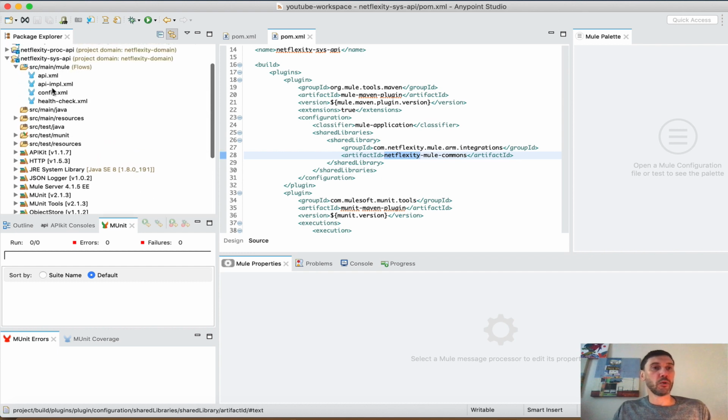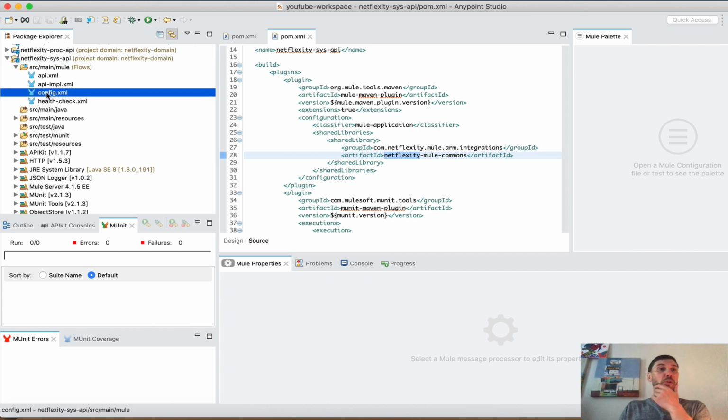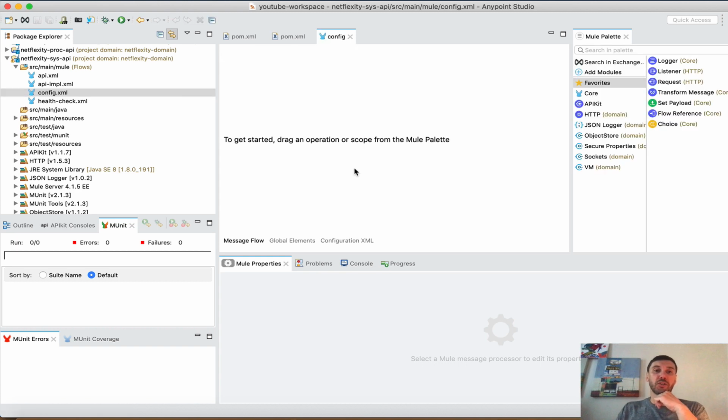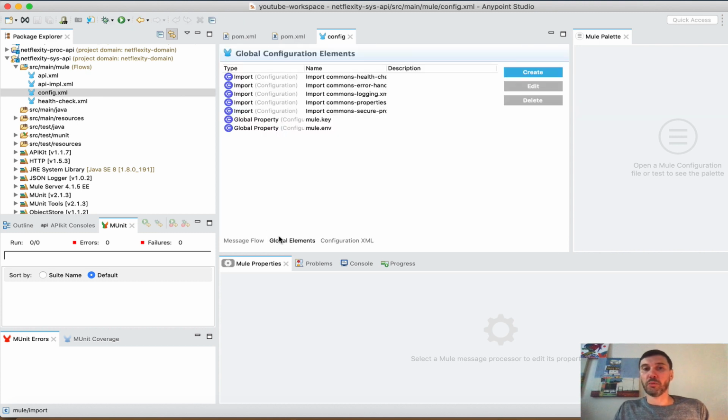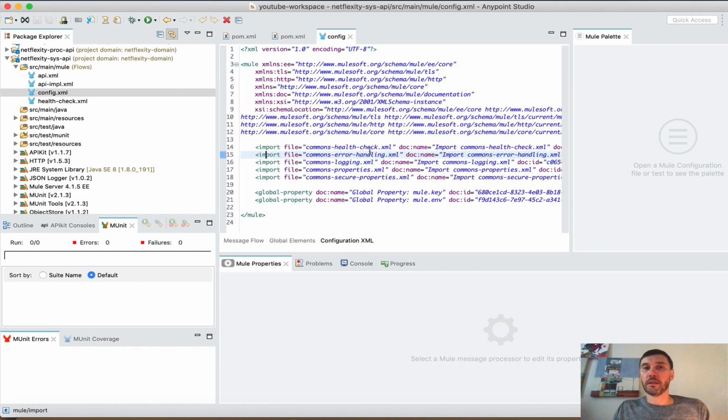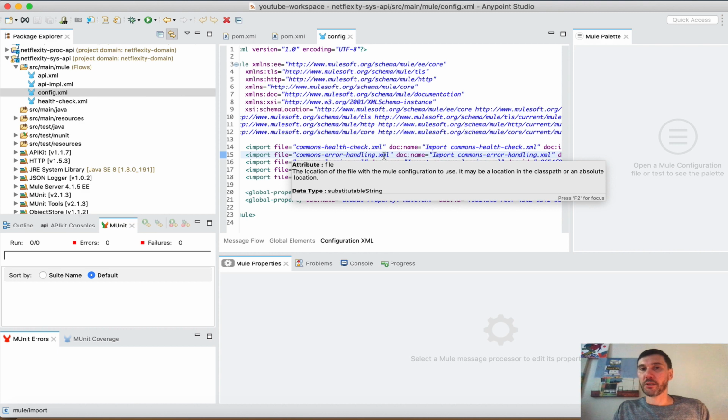And now let's go into config XML, which many people call global XML. This is your configuration setup for the project. I like to keep all of my imports, HTTP configurations, all the connector configurations, everything. So here, what you will find is that we're utilizing import. And if I switch into global elements view, you see it's an import, and it's importing the following XML files